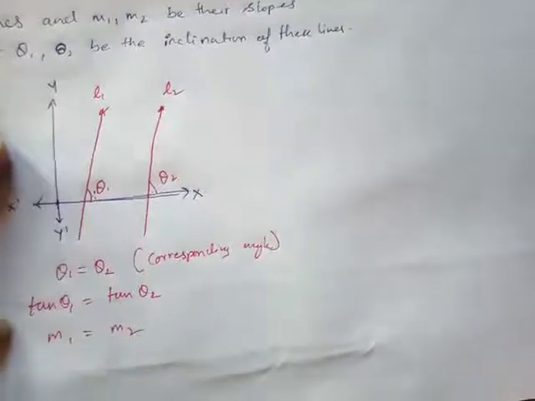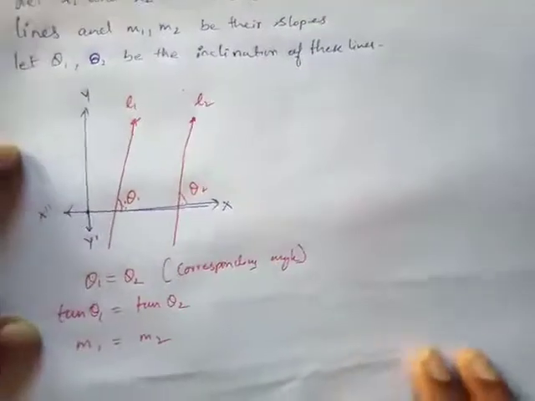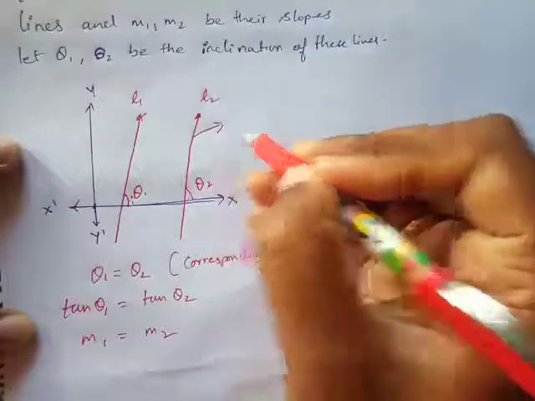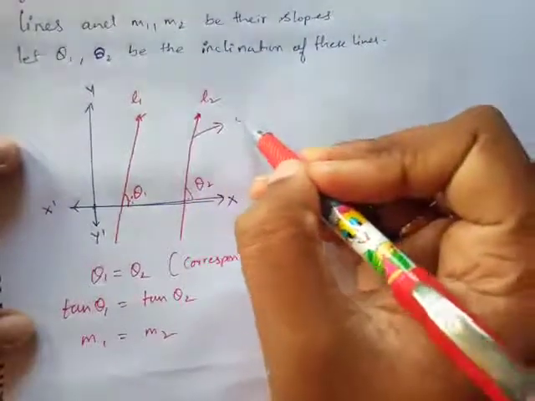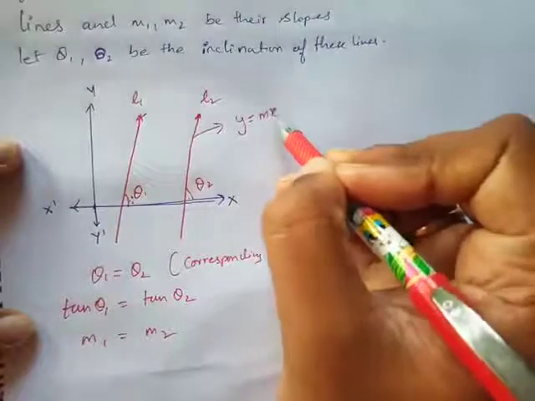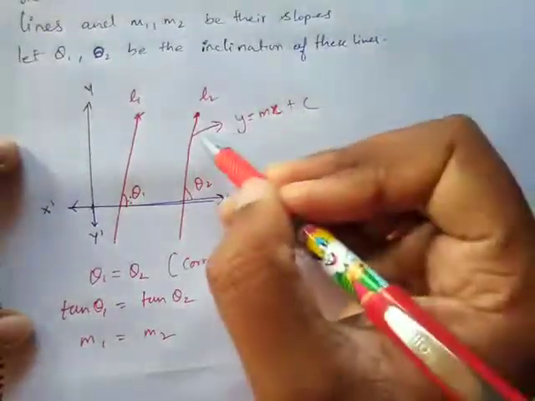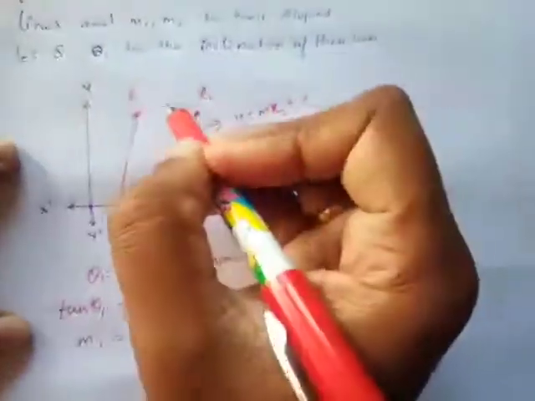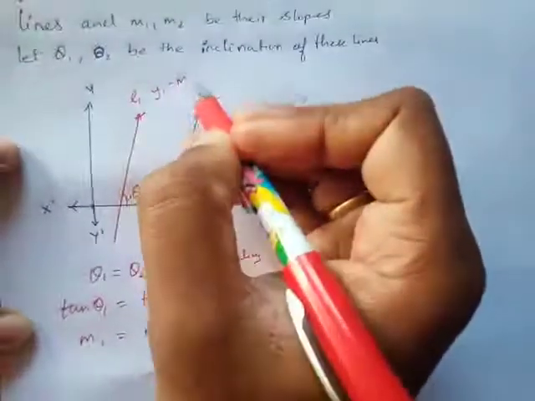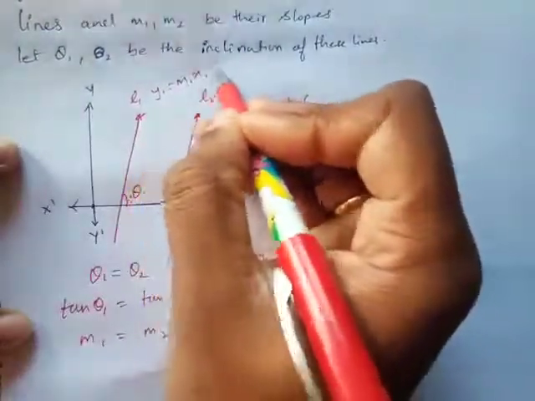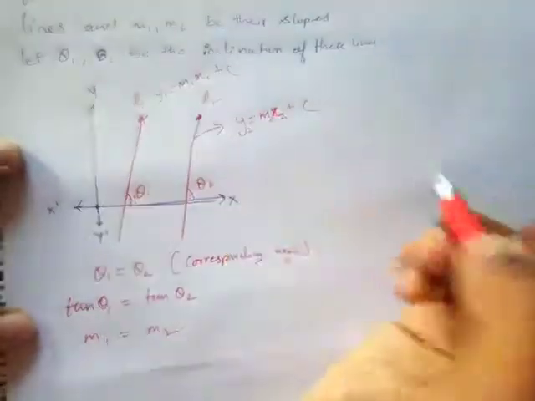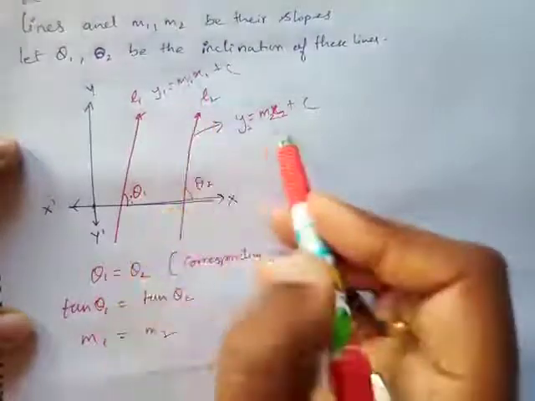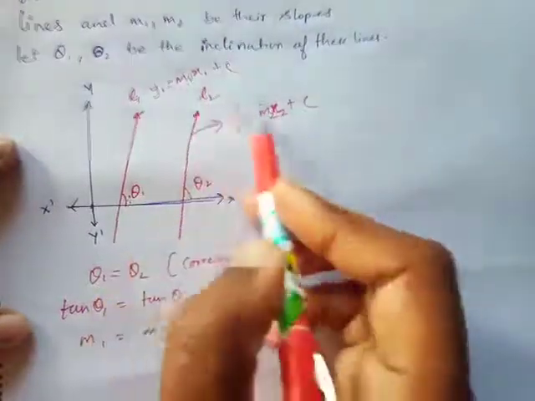Keep one thing in mind: we studied how to make an equation of a line, and any equation of a line is in the form y = mx + c. For the second line the equation is y2 = m2 x2 + c, and for the first line it is y1 = m1 x1 + c. For both of them, m is the same. There's not going to be any different m.